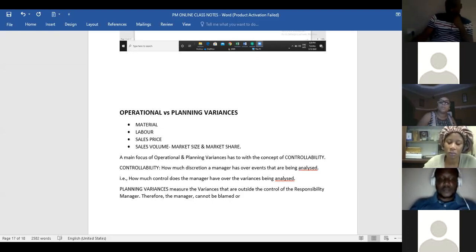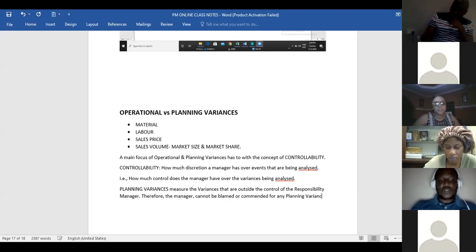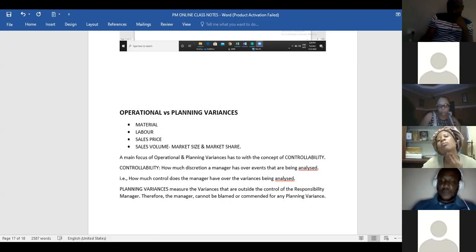Commended, appreciated, for any planning variance. Because that variance is not within the control of the manager, the manager will not take responsibility for that variance. On the other hand, the operational variance